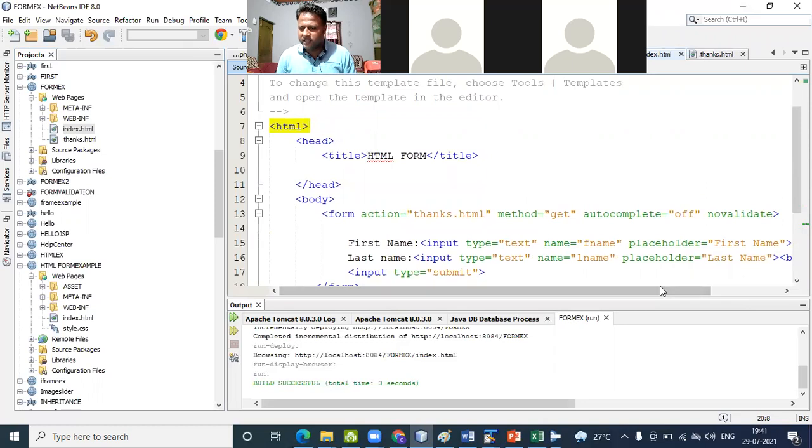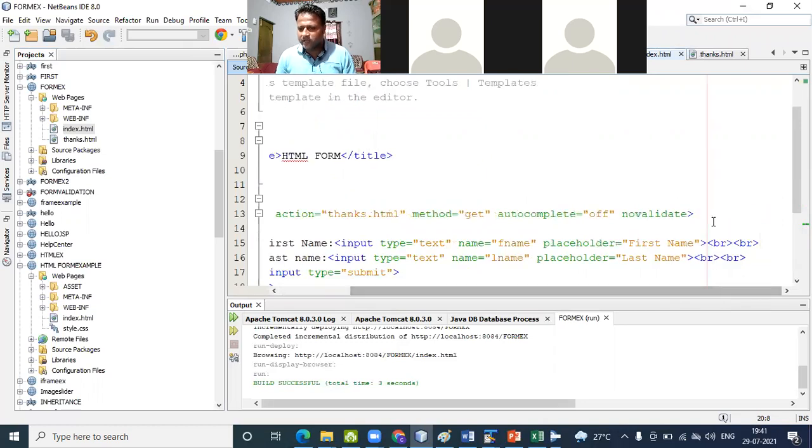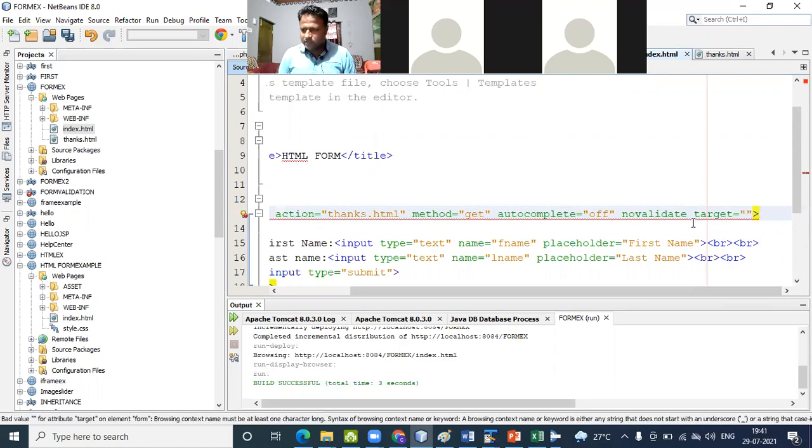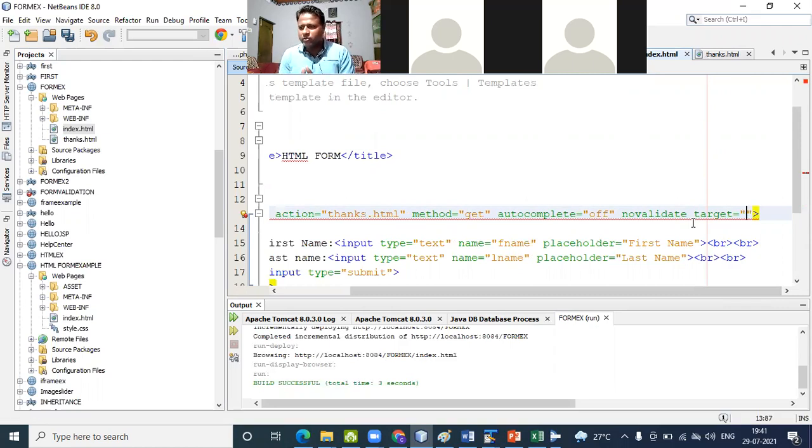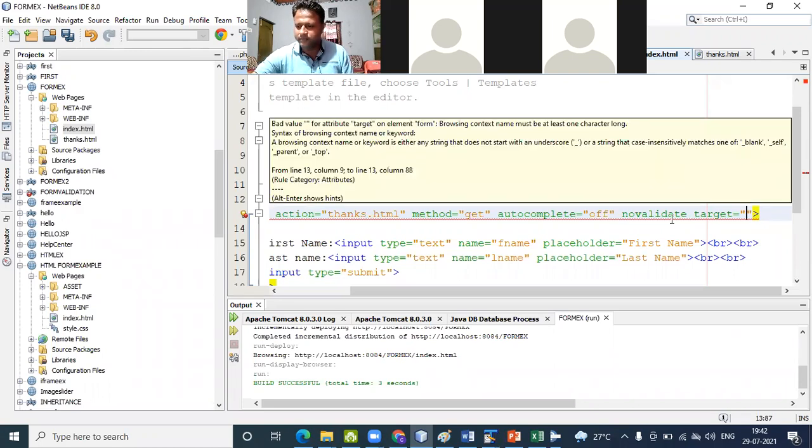no validity is there. Then again we have to use target, where your value will be displayed. So target is equals to, so different. Here, what happened is, when you pass the value, our value is submitted in the next page, but when we're using a target attribute, then it is opened in a new blank window. Okay, so now I use the target information.